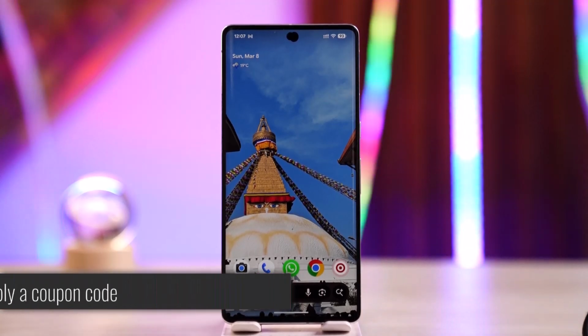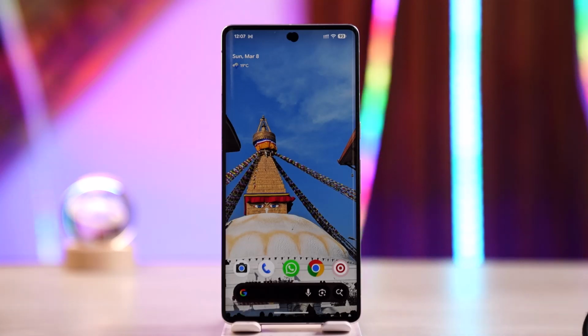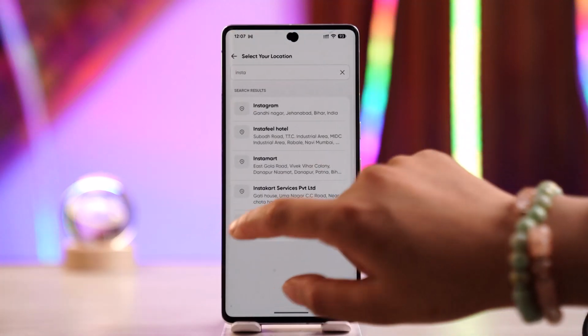How to apply a coupon code in Swiggy. If you want to apply a coupon code in Swiggy, you could use this at the checkout procedure or during your checkout. What you need to do is open the Swiggy app on your device, and after you're logged into your account,